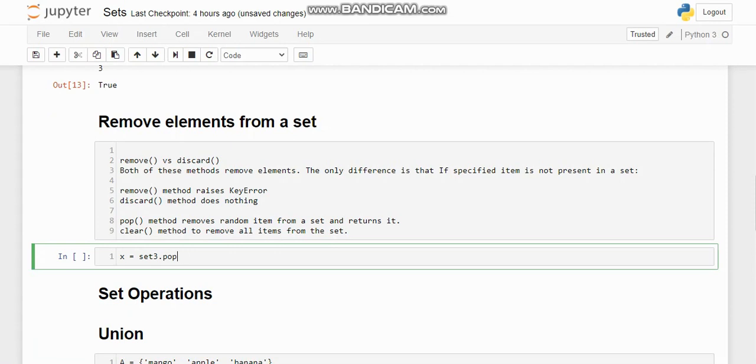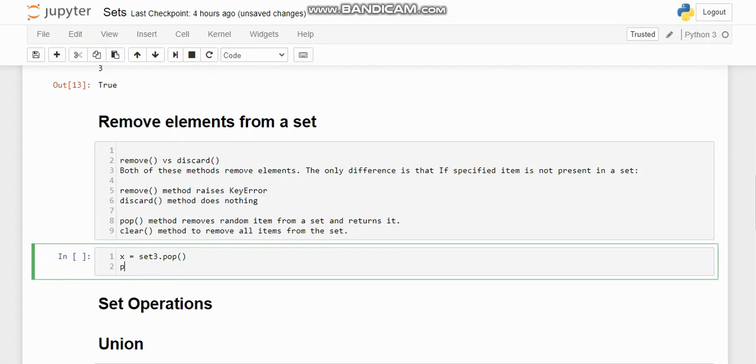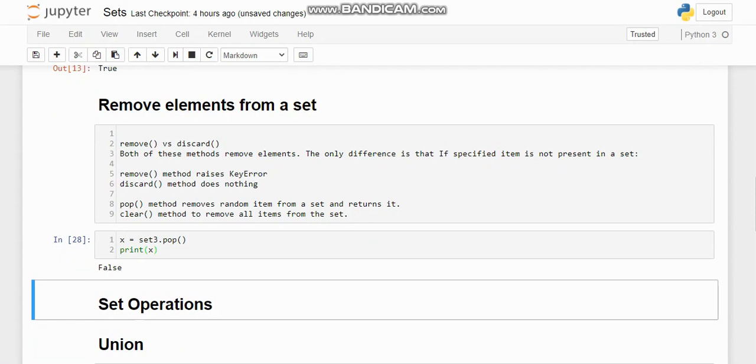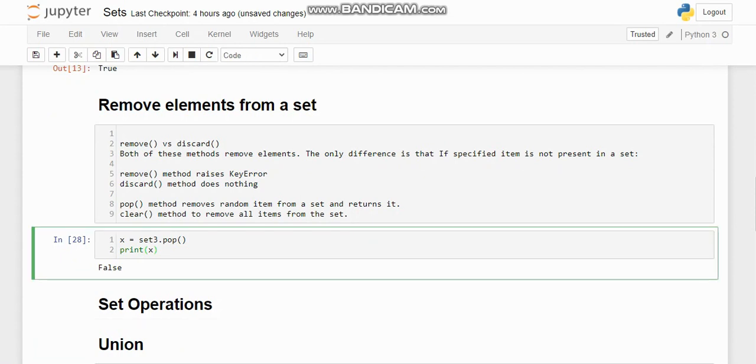Okay, and let's check what the output is. So it just returned false. Okay, so this false was present in set 3.